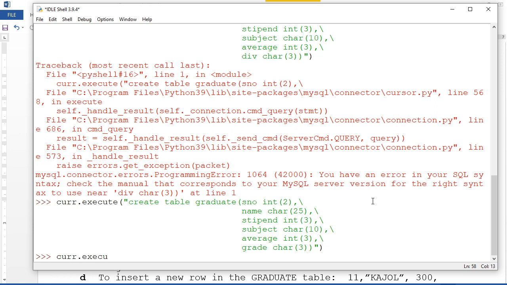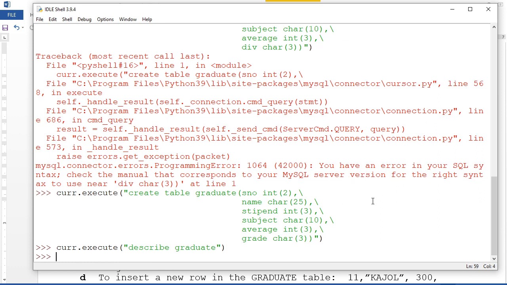Describe dot execute. Describe table. What is the table name? Graduate. Okay, so this is done. Now again x equal to dot, I am going to see all.